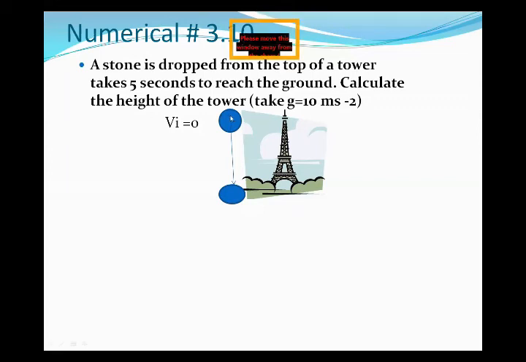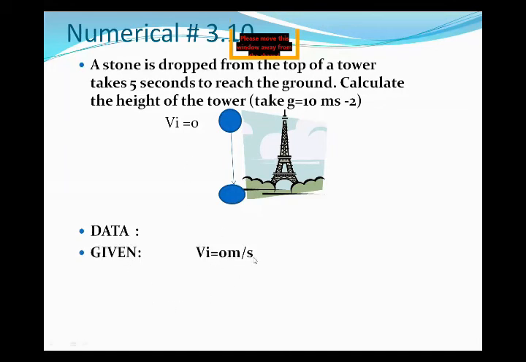So in this situation, we can say its initial velocity is 0 meter per second, while it is taking 5 seconds to reach the ground. Here, acceleration due to gravity is acting upon it, and we know that the value of g is constant, so that's why we are writing g is equal to 10 meter per second square. Now we are going to make up the data.